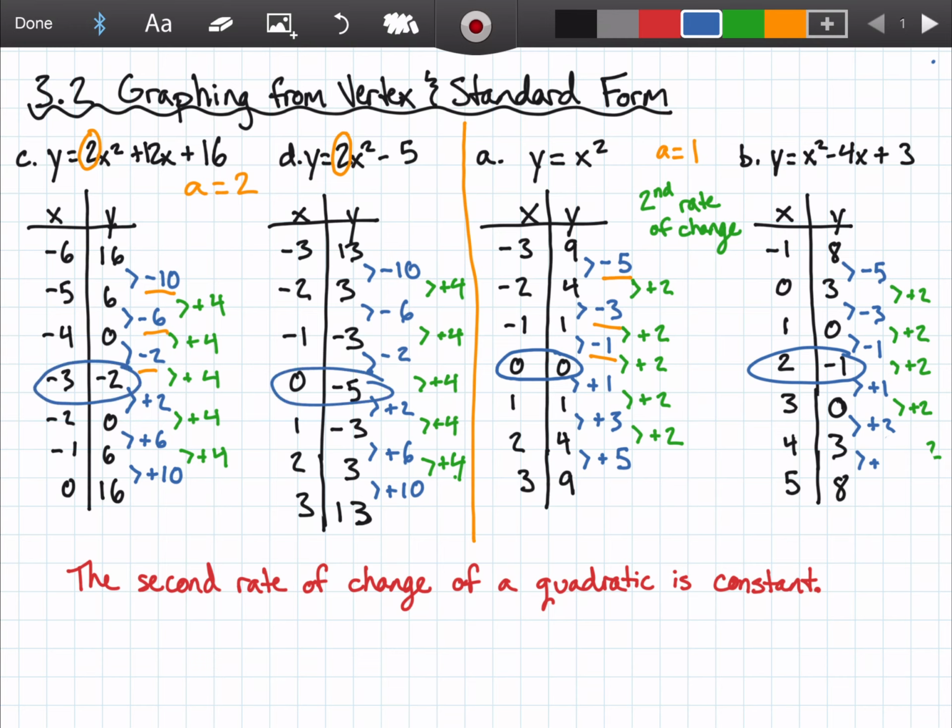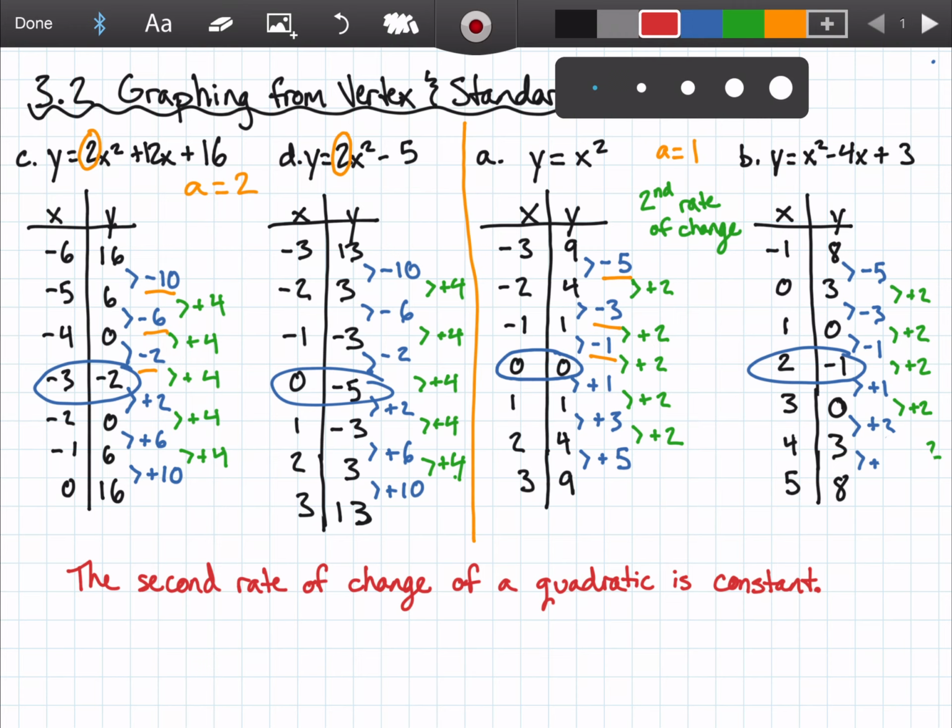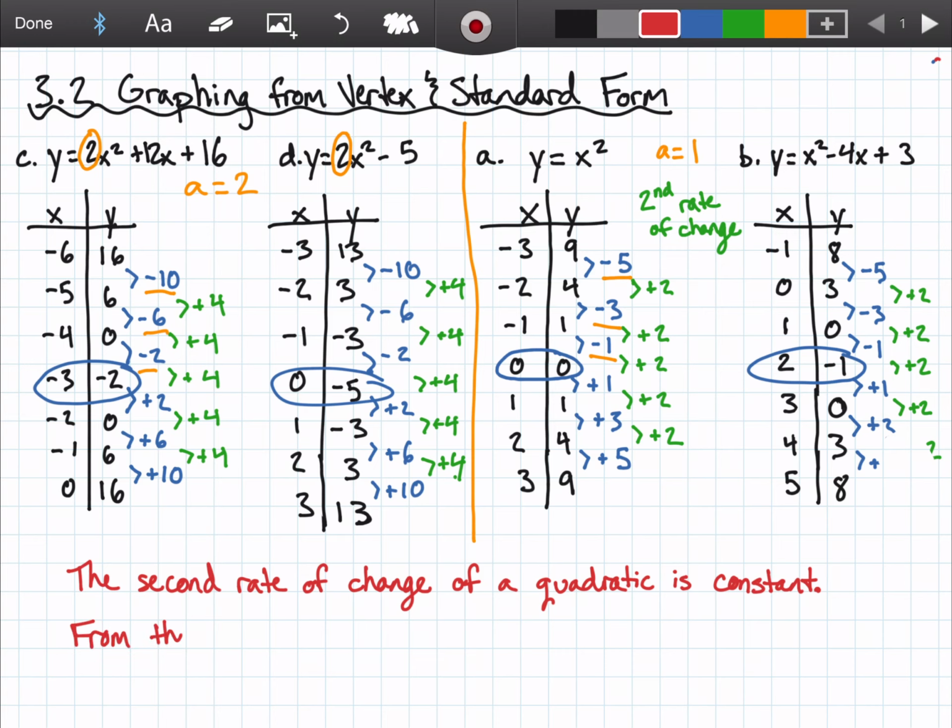So the vertex is where everything changes. Shocking, the vertex is the most important point of a parabola. So basically, from the vertex,